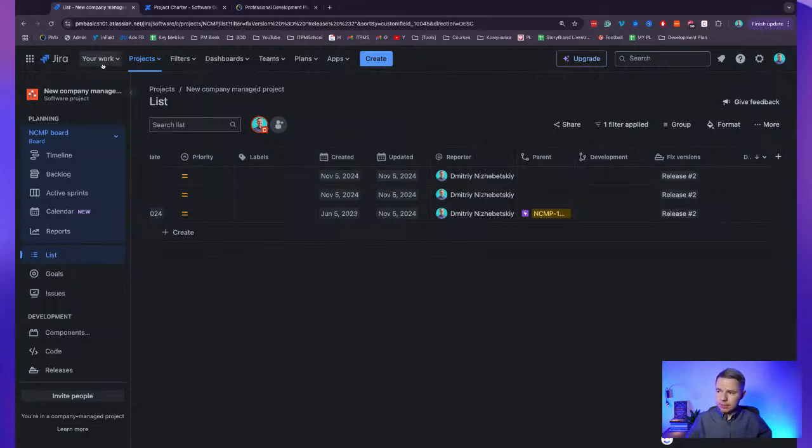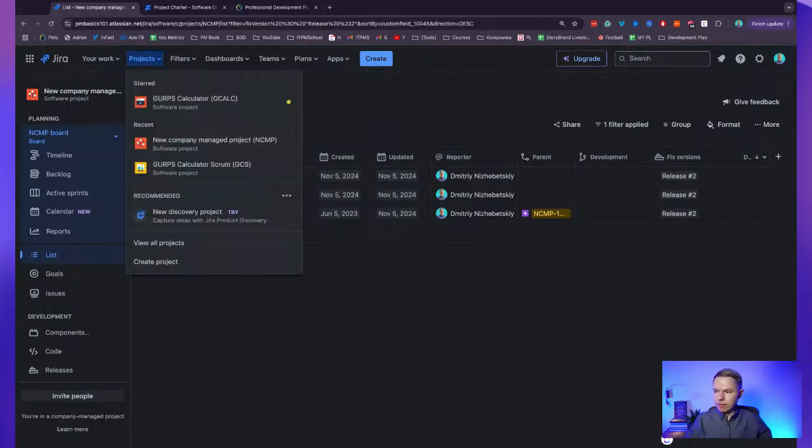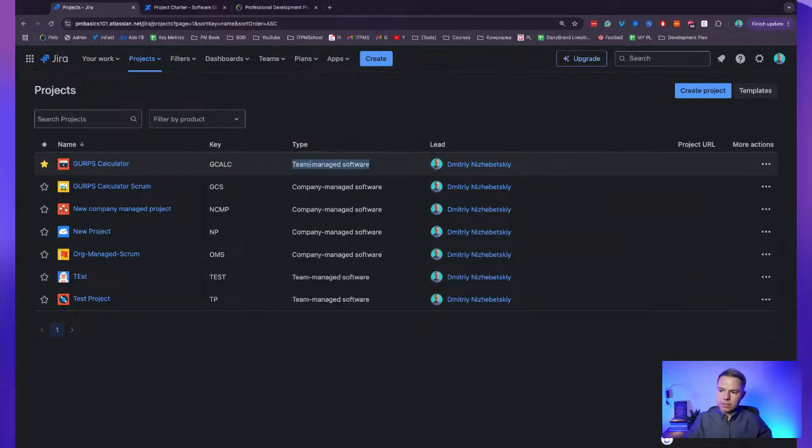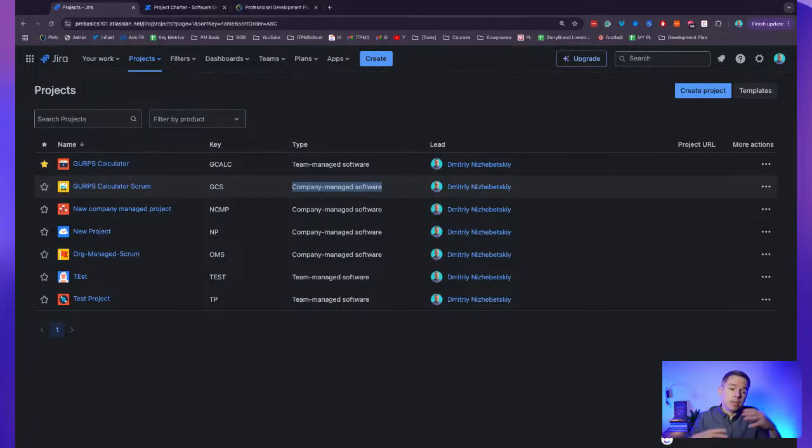Now, the problem that I'm leading to is that one thing that you must understand about Jira is that it has 2 types of projects. And you can see here, this is the type, and you know what project you work in, and there are team managed projects and company managed projects. And the idea is that if you are working in a bigger company, it becomes more organized. They will start using company managed projects, which means that all these projects follow the established approach, and you cannot customize it yourself. So every project is templated, and if we change something on one project, usually it means it will change all the projects. So from one side, it complicates a lot of setup for administrators of Jira. From the other side, it allows you to control how people use Jira, and this is the way to standardize